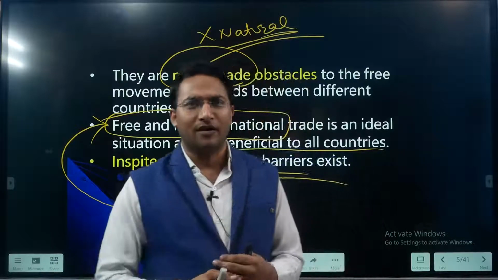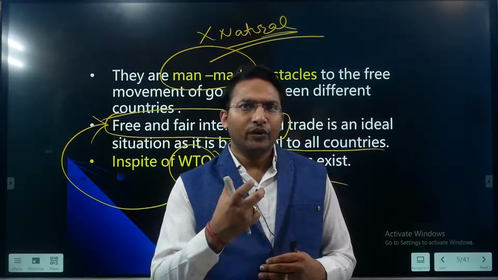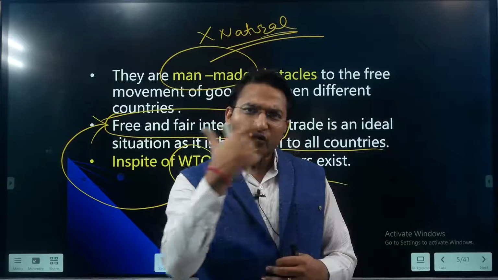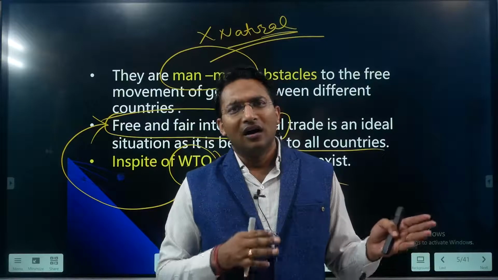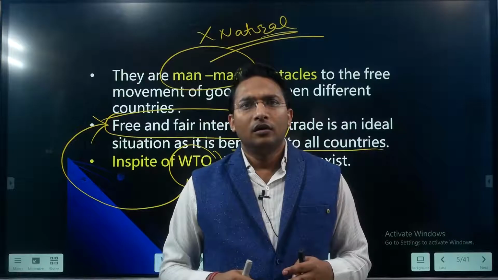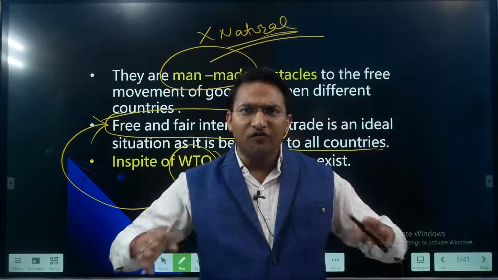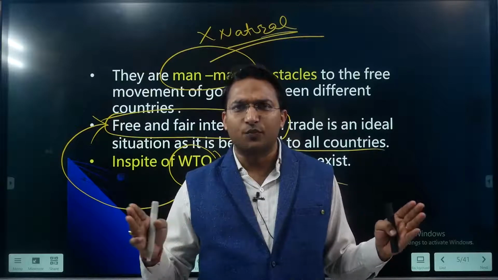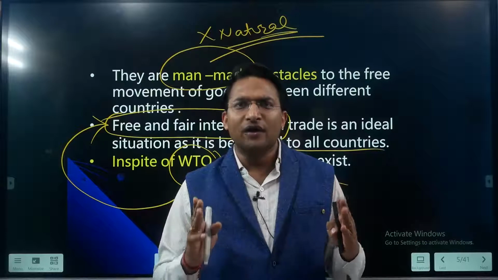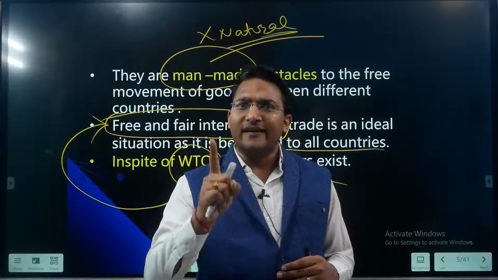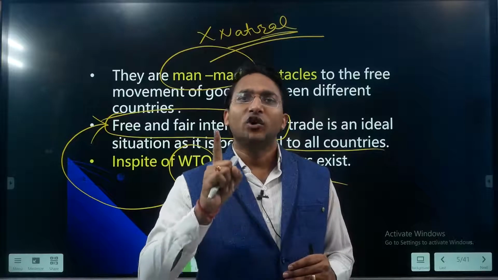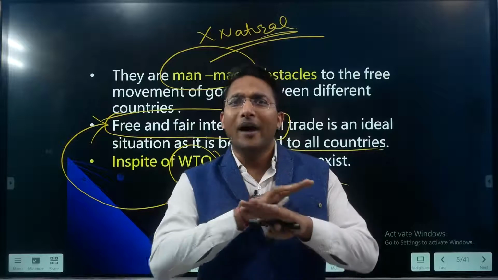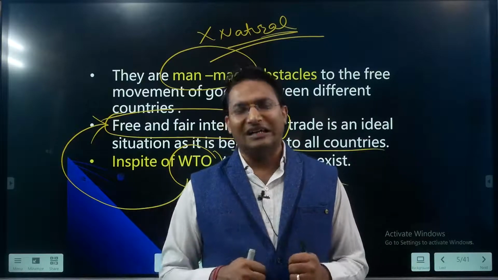So let us take for example, China is producing very cheap cost goods and it starts exporting a lot of goods to India. Now, after a certain time, the Indian market will be flooded with the Chinese products. Once India's market is flooded with the Chinese products, first impact will be that domestic industries, the Indian companies, will be losing the market share, and even the Indian companies might have to close the factories, right?